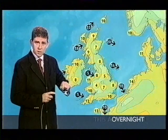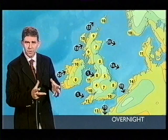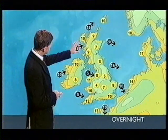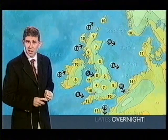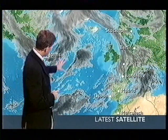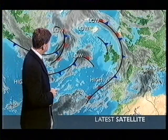bit of those. But as those clear skies persist through the rest of this afternoon and into tonight, so you will find that the temperatures will fall away quite markedly across many inland areas of the British Isles, except perhaps some of these western fringes, and that's because we're going to develop a cloud cover there. And he said rather smugly, I can show you exactly where that cloud is coming from. Out in the Atlantic, this massive cloud is going to gradually work its way up and across the northwestern quarter